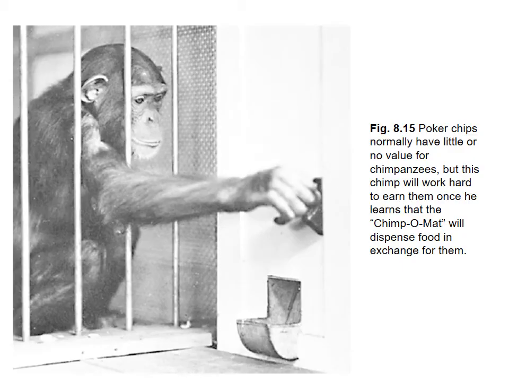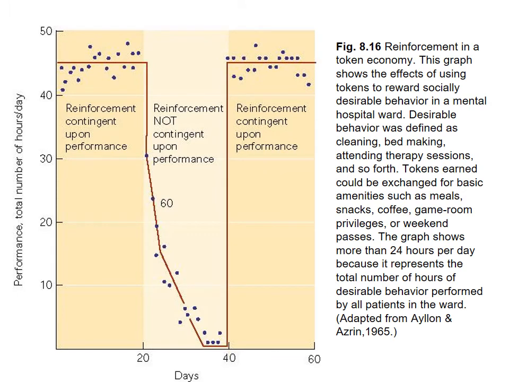They've done this with other animals. Just a really quick example, monkeys or chimpanzees can be taught very quickly that if they earn poker chips, they can cash it in for food. So they will work to earn a token. They'll put the token into a machine, the machine dispenses food. It's a very simple and very quick learned experience for them, even though they have no value for something like tokens or money. They can quickly learn that the tokens lead to this primary reinforcer, so they start to value the secondary reinforcer. For reinforcers to work, they must be contingent upon the performance of the desired behavior.